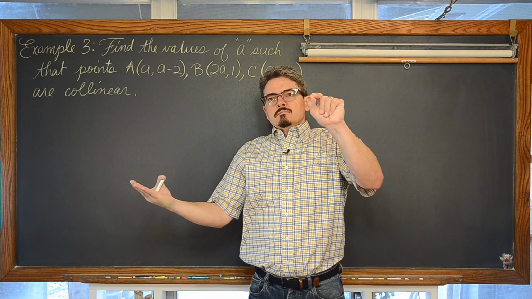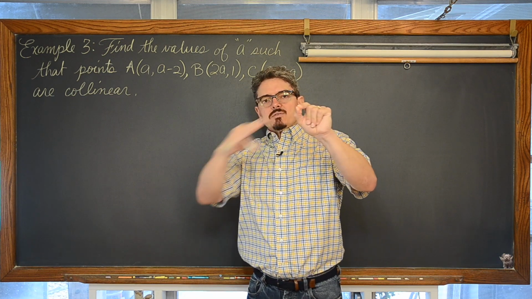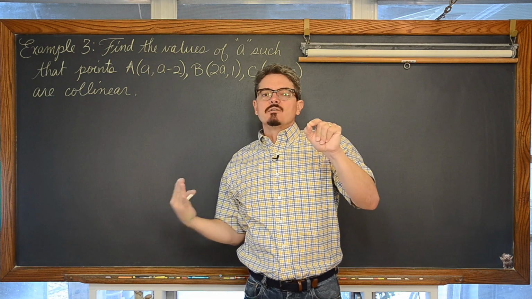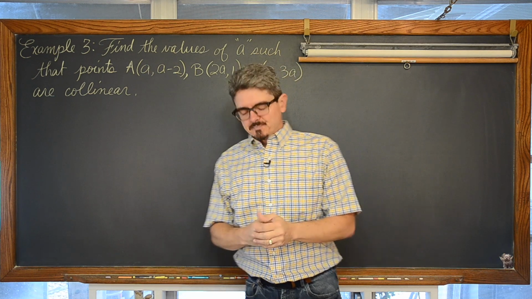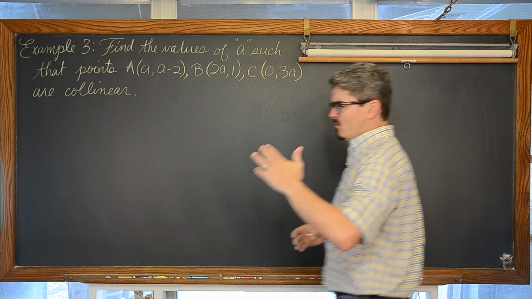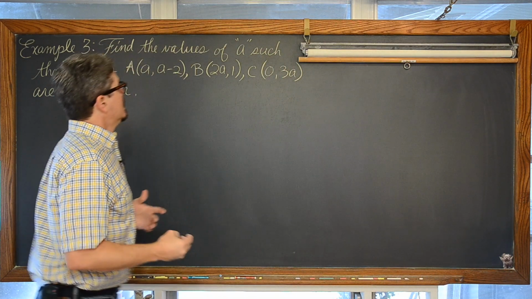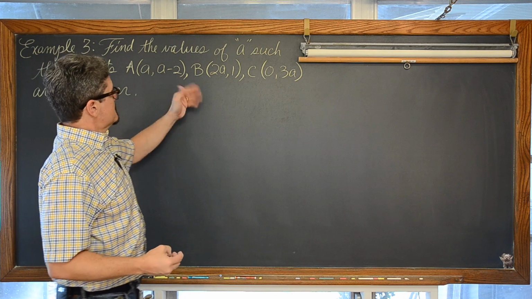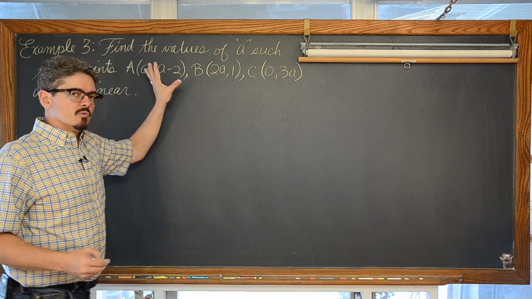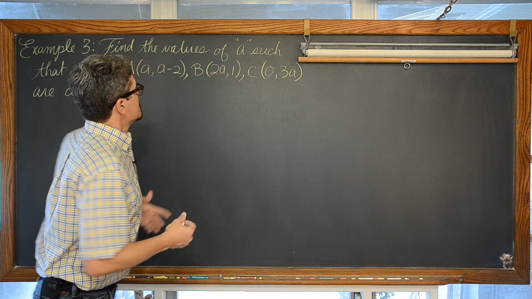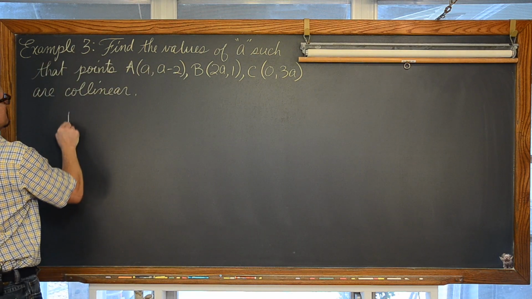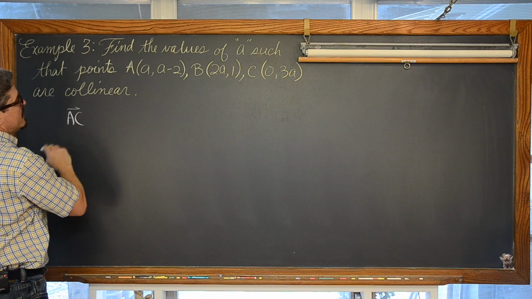And collinear allows that scalar multiple to be either positive or negative, just as long as it's a scalar multiple. So the one vector is a scalar multiple of the other. So there's no magic in saying, well, I know that this is going to be my initial point, or this is going to be my initial point, or C is going to be, just one of them is fine. So we're going to set up vector AB.